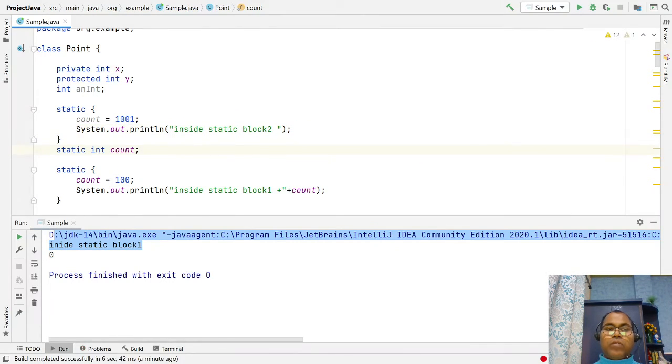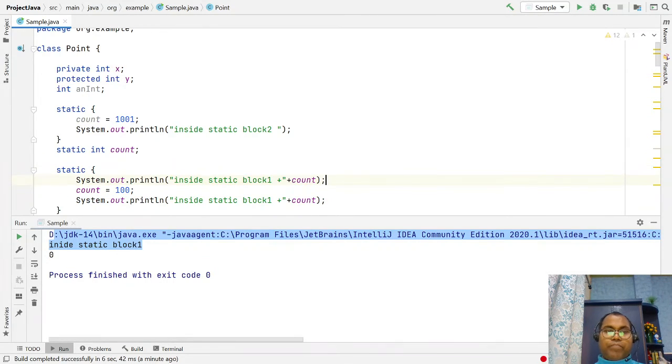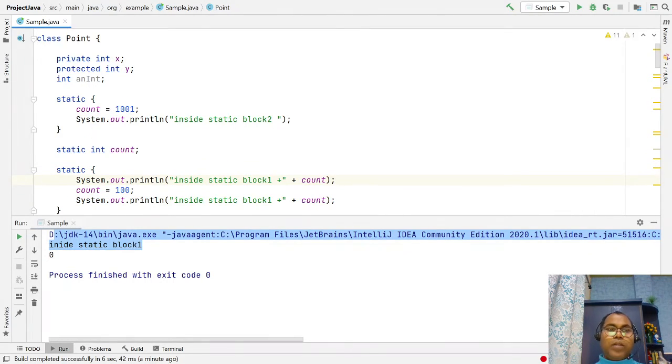Okay, so here you cannot use count. But you can initialize here. Let's run it. So any number of static blocks you can write. This is generally used to initialize all your static data members.